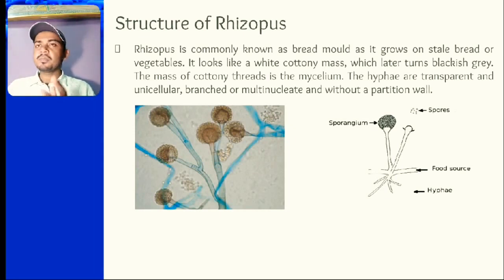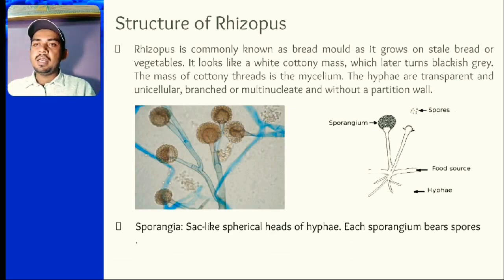That means this is the structure of a hyphae. This is not well established as a plant, but it is growing, and it is like a previous version of the real plants, like mushrooms. Here there are two things in the structure of Rhizopus which we need to understand.